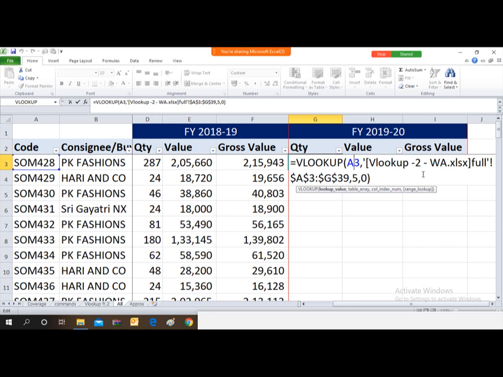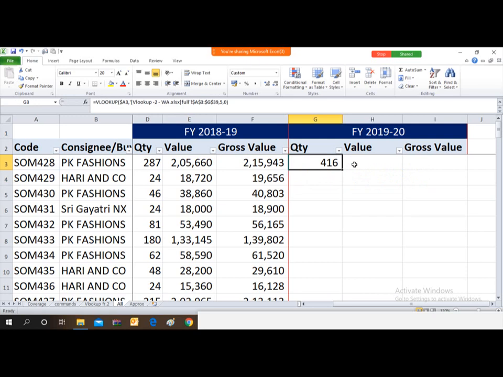So how can you do this? You can do this by pressing F4. If you press F4 for the first time, you will see the $ signs coming. It means the sale is freezed. If you press F4 a second time, then only $1 will remain. This will be freezing of the row. Then press F4 again, and again $1 remains. This will be freezing of the column. So press F4 three times and then enter.